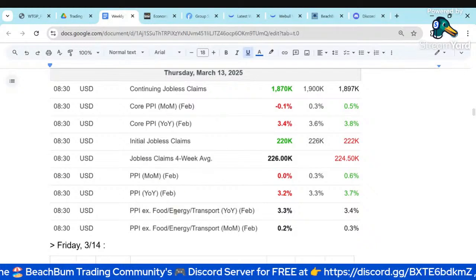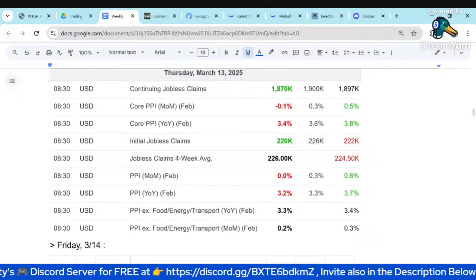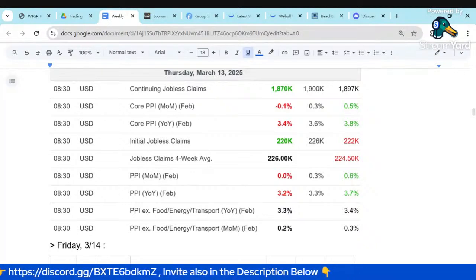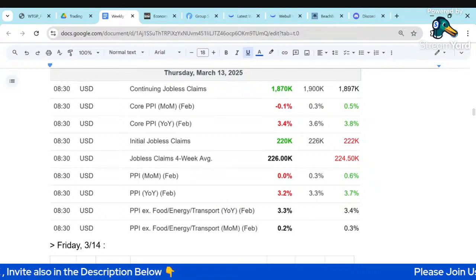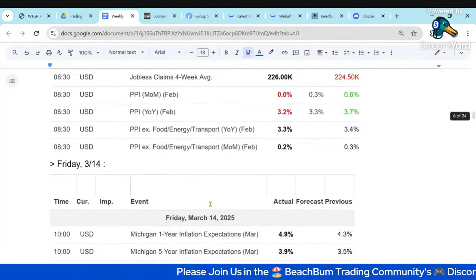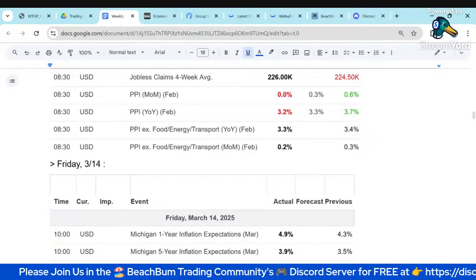Inflation is cooling. So again, all good data from a Fed standpoint. But again, since the job market's not significantly deteriorating, inflation is still significantly above their inflation target. There's no need for them to cut anytime soon. I'll talk about some of the other reasons I don't think they'll cut when we do our strategy for this week.